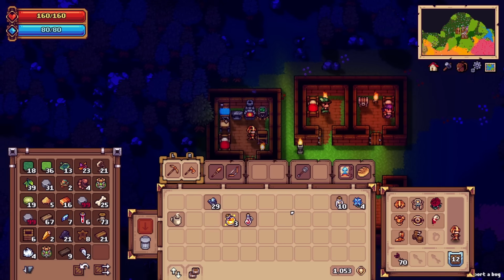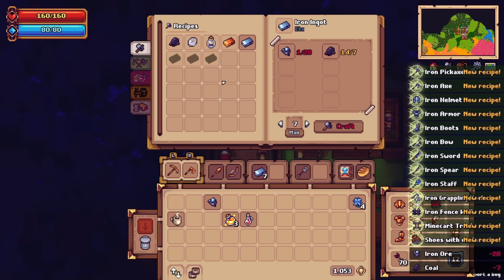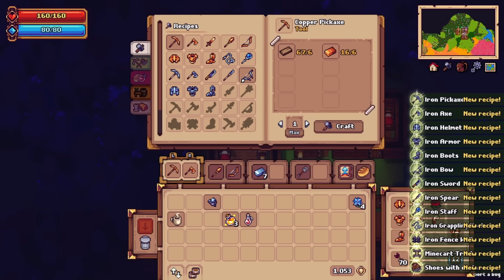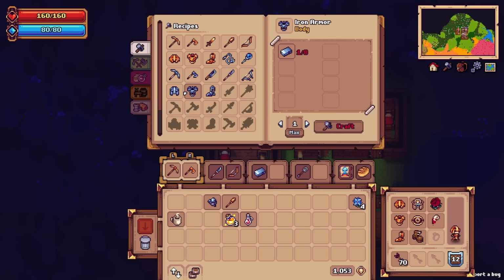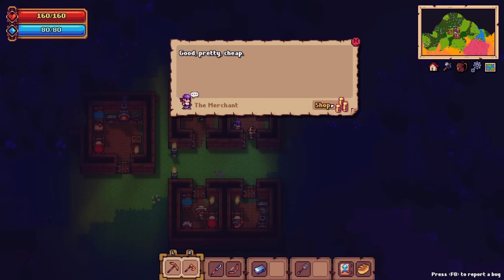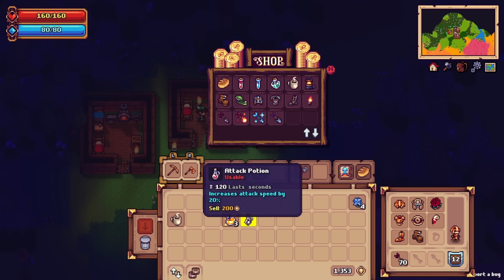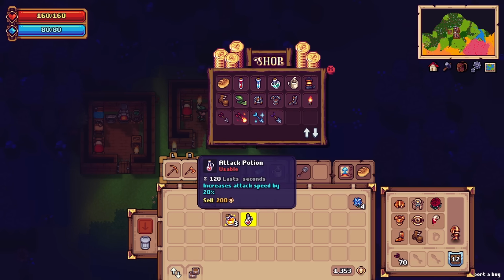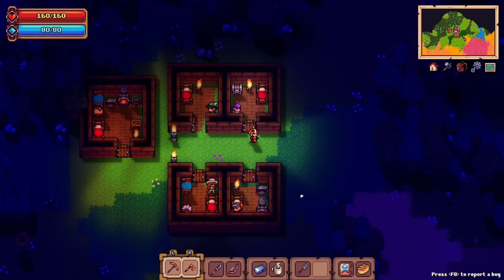Okay, let's see if I can make anything else. Wolf teeth. I can make enough for maybe a thing. Hate to do it. I think we start with a spear. Okay, nope, that's the bow. That's the spear. Let's see, we also have ice flowers, but that's not that helpful. I do have the health... Oh, no, that's an attack potion. You know what? Let's go...